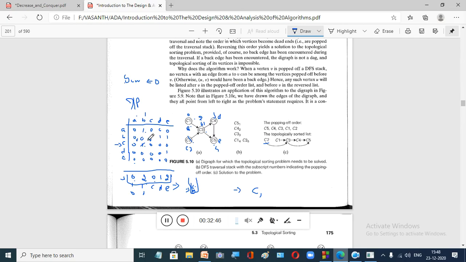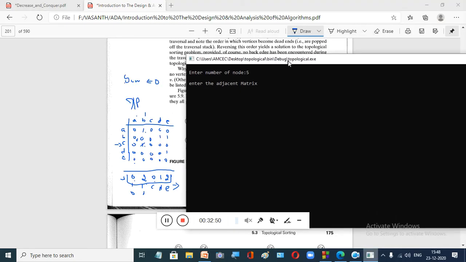What is the first row? 0 1 0 0 0, right? Second row, 0 0 0 1 1. Next, the third row is what? 0 1 0 0 0. Initially it was 1, right?